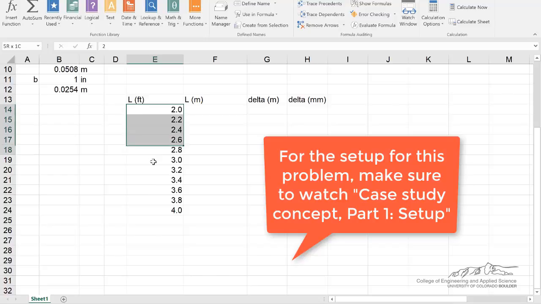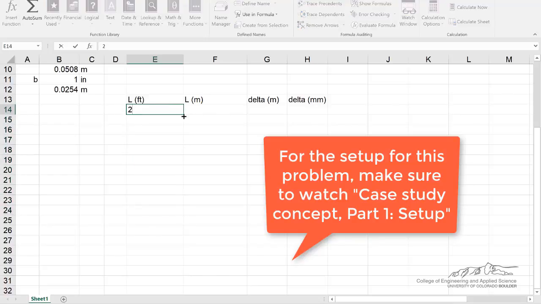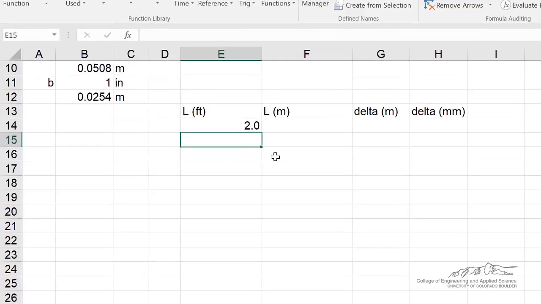And let me just go ahead and delete this. I want to show you how we can create a column of numbers with a certain increment. We're starting at 2, and you can just start with 2 values that are separated by an increment. I can highlight both of those, and then I can go down here to the lower right hand corner where